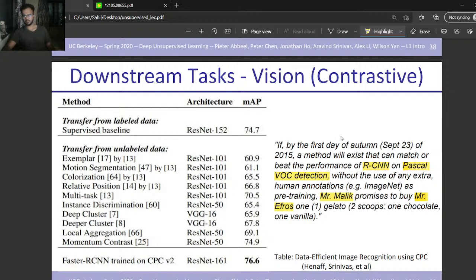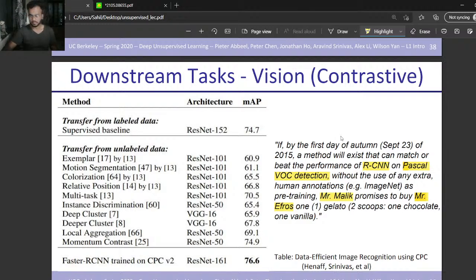So you can't have transfer learning, or you can't use pre-trained weights and then do this detection task. Mr. Malik promises to buy Mr. Efros one gelato, which is two scoops, one chocolate and one vanilla. So this was a bet because everyone believed, especially the researchers at Berkeley as well, that